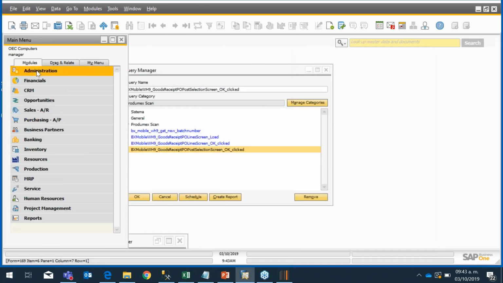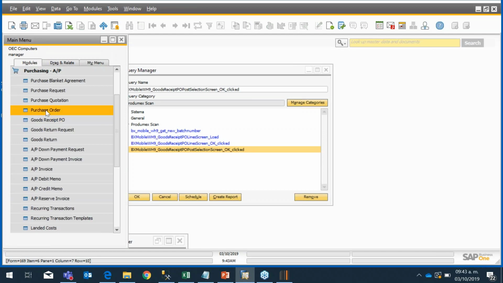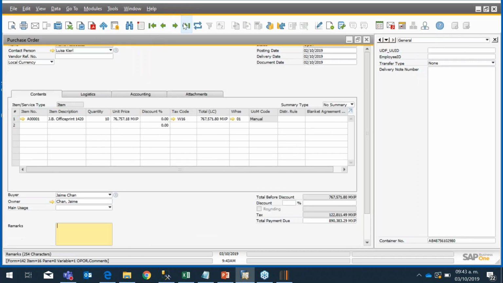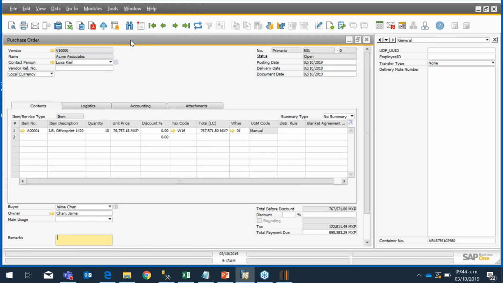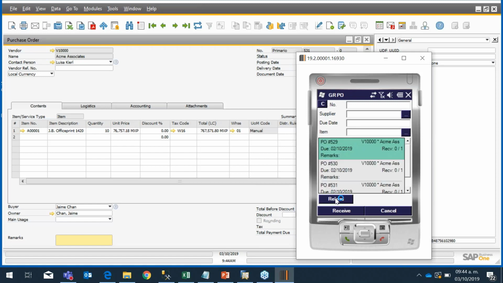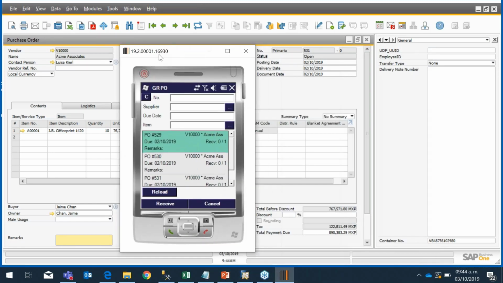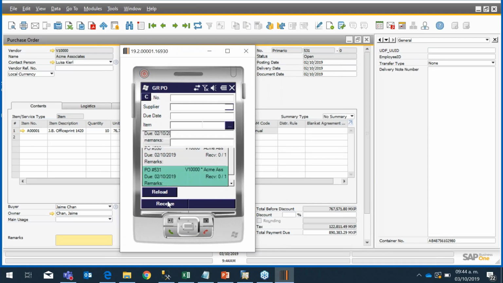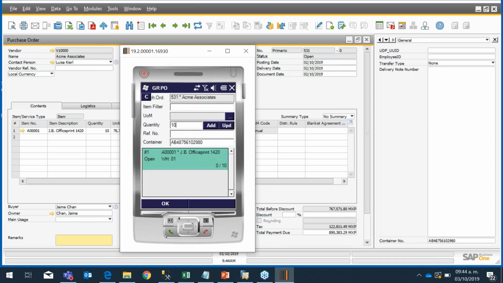Let me go and look for my, look, here is the example. I have in here my purchase order, and it's not having this information about the vendor reference number. So let's go here and we reload. This is the document and I receive, okay? Then I add my quantity and supposedly everything is ready to go with this document. And when I click OK,